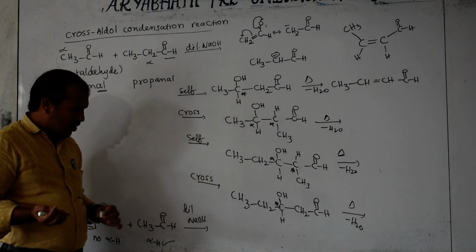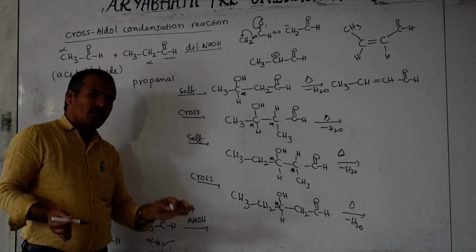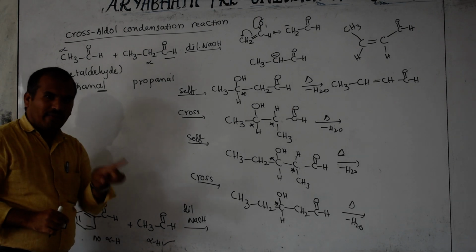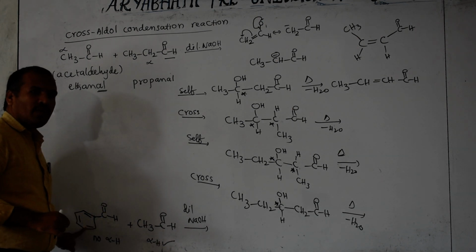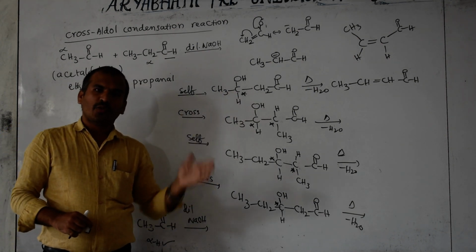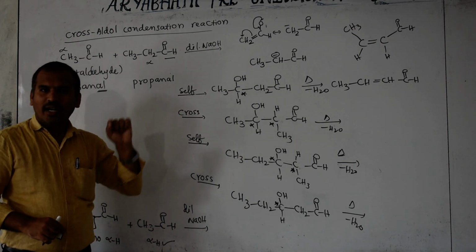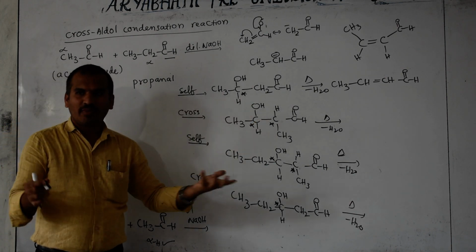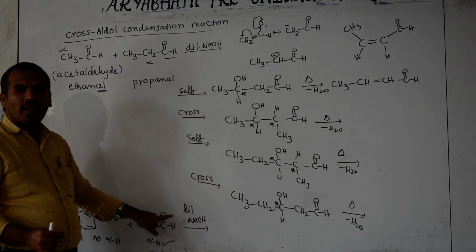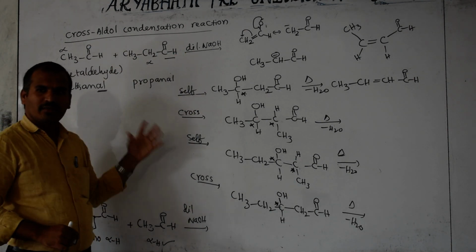That's why, for this no-alpha-hydrogen aldehyde and base, we slowly add one drop of the alpha-hydrogen-containing aldehyde. That time it forms the carbanion and immediately reacts with this. If you take it initially, it may undergo self-condensation or self-aldol reaction. To avoid that, we add the alpha-hydrogen-containing aldehyde slowly. If we add it initially, this type of product forms, and we get a mixture of products, which we don't want. So slowly we have to add. That time this cross aldol reaction is useful. Otherwise, no use.